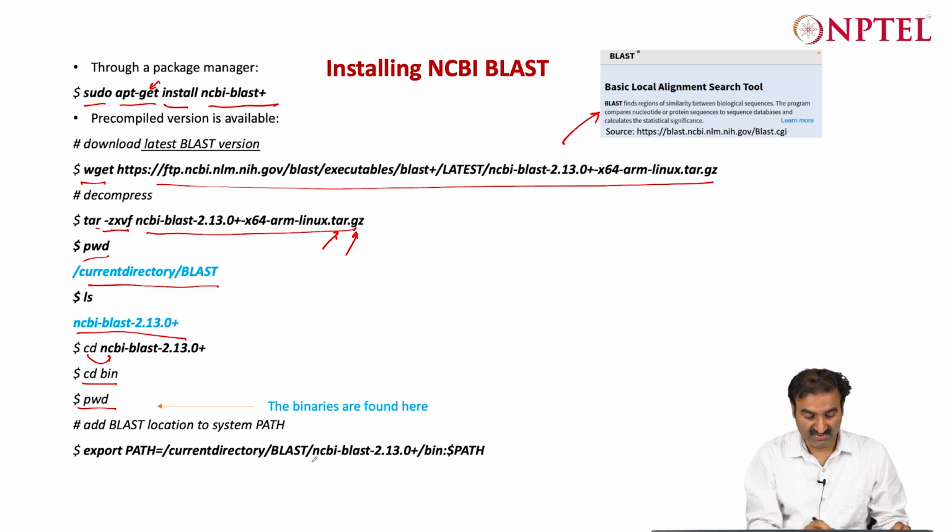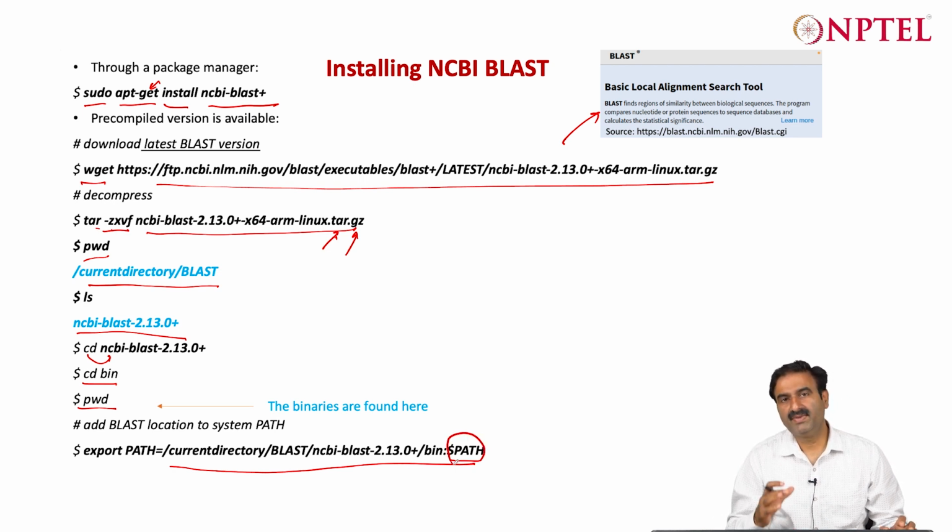And then you can get a path here, whatever is the path you are getting from pwd, you can do export path equal to this, to $path. So this way the Blast path becomes one of your default paths, and you can call Blast from any of the folders in your system. You don't have to go to the original path where you have downloaded and installed it, but you can access